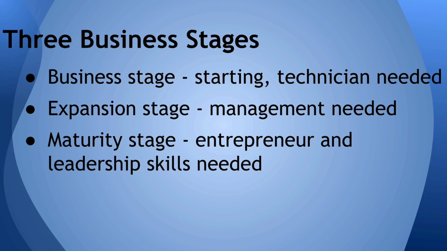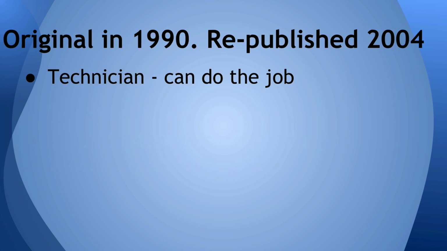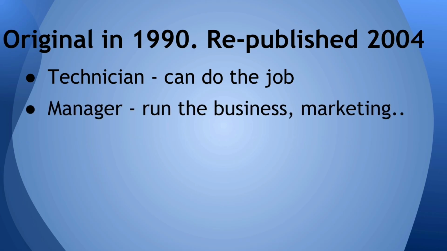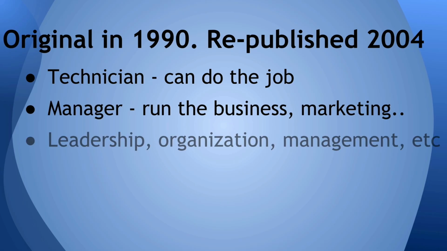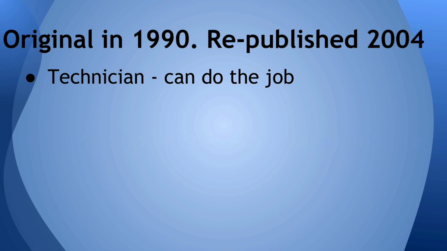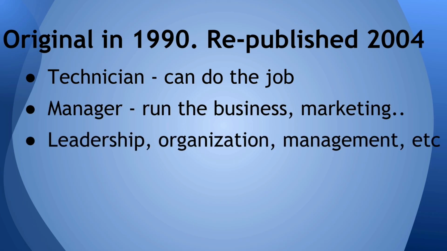And the real reason why most people remember this book is that it explains the failure point of early stage companies. Why do people fail? Because when the technician can do the job, they cannot yet do the business of this business, like the marketing, the leadership, the management, the organization. They can only do the skill. And most people cannot come out of their comfort zone beyond just doing the job into learning all these skills. That's the fault point, and that's the E-myth.